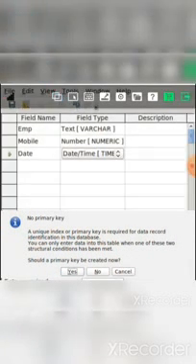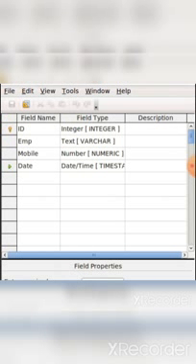After clicking OK, it will ask if you want to create a primary key. A primary key means, suppose you are entering the same mobile number, if primary key is initiated, it won't let you enter it, because the role of the primary key is to prevent duplicacy in your database. So primary key is a very important aspect. You just set the primary key to yes. By default the primary key is set to the first field name. If your first field name is ID, it will automatically initialize that.